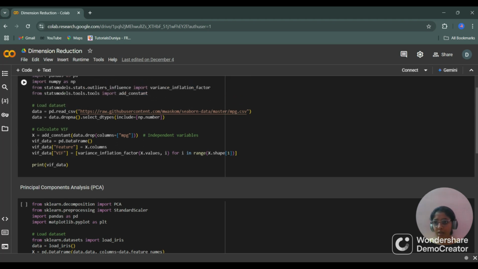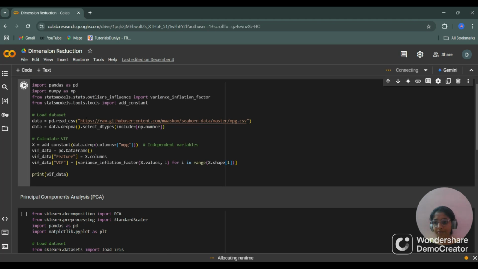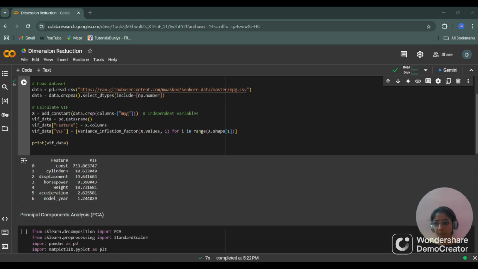Let's run this command. The feature and the VIF come here, as you can see in this output. Feature and VIF are shown here.